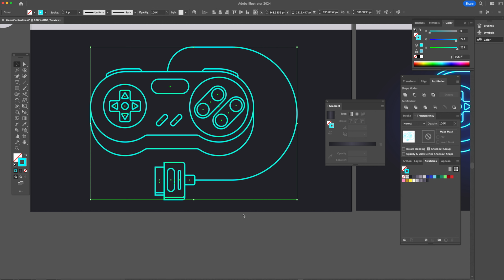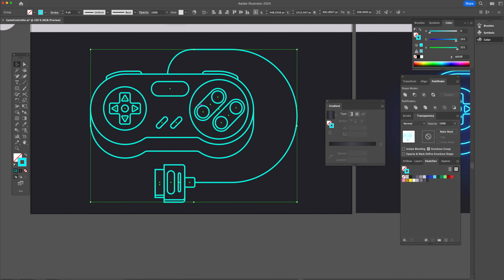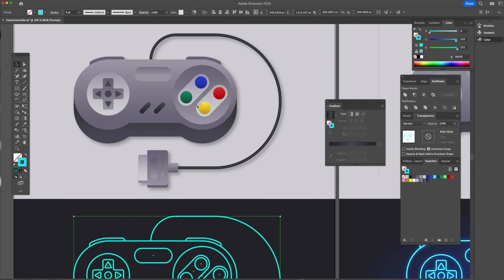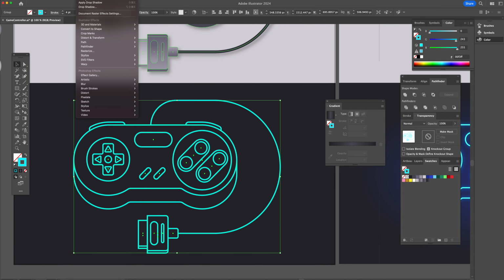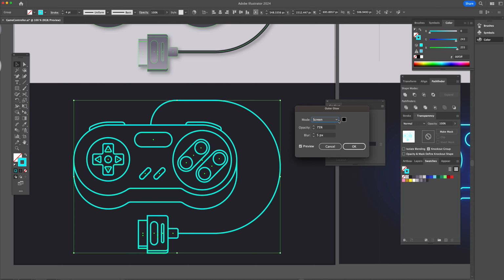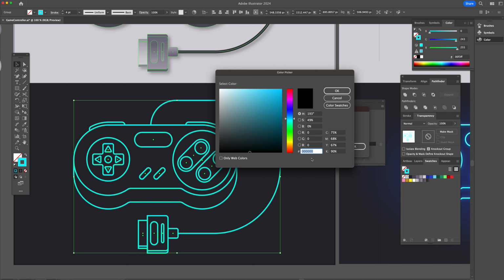And then I'm going to add an outer glow effect. So we used the drop shadow effect earlier on our controller number 2. But I would like to add an outer glow effect here. So I'm going to come up to Effect, Stylize, Outer Glow. And in this menu, I'm going to use